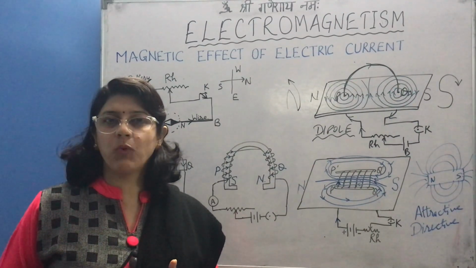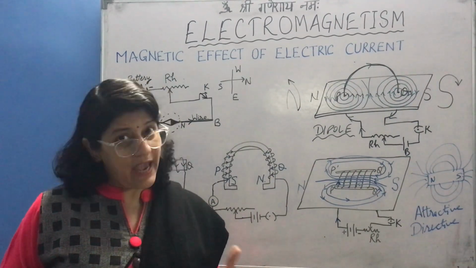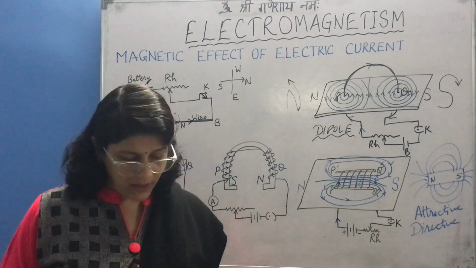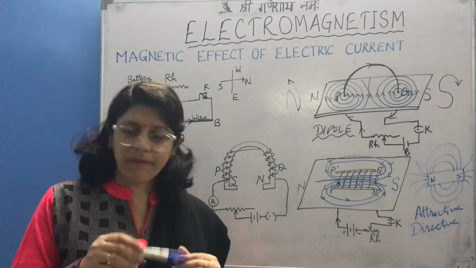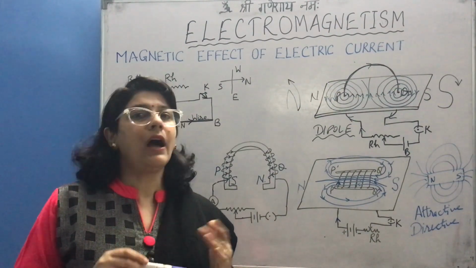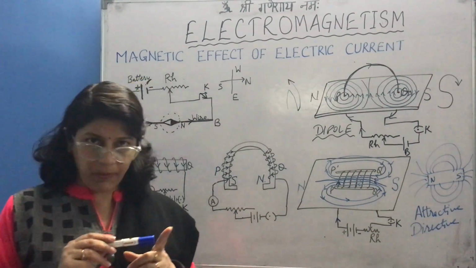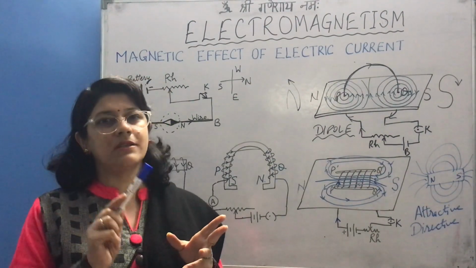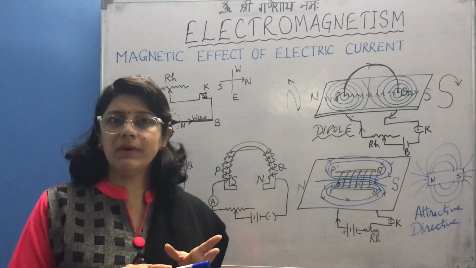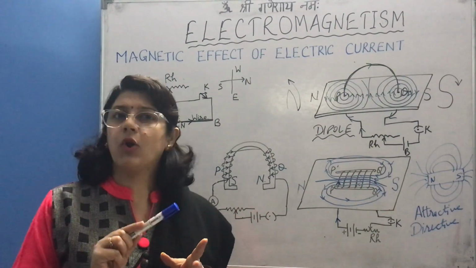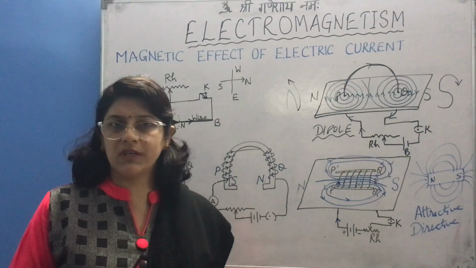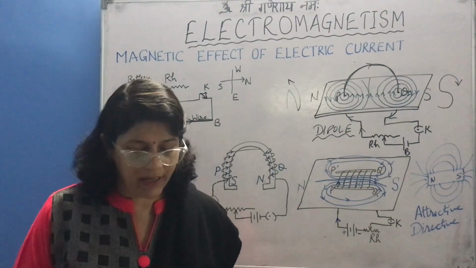Lay emphasis on this point. It is a temporary magnet as well as a very strong magnet, made by passing current in the coil wound around a piece of soft iron. It is an artificial magnet. So keep in your mind, it is an artificial magnet, it is a temporary magnet as well as a strong magnet. Temporary means it has magnetism as long as it has current. As soon as we switch off the current, it loses its magnetism and gets demagnetized.